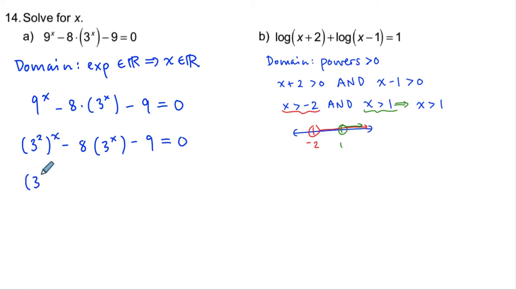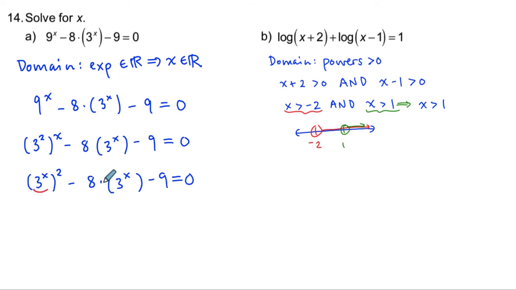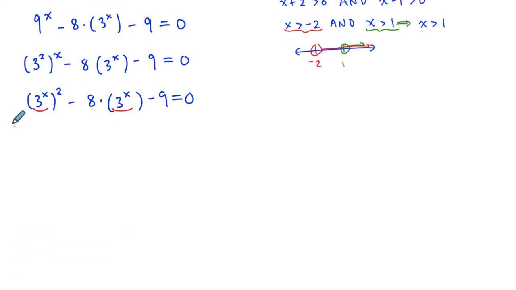So we can write this as (3 to the x) all squared minus 8 times 3 to the x minus 9 equal to 0. And from here we have a repeated expression. We get the repeated expression of 3 to the x in the equation that we could let equal to a, or some other intermediate variable. When we do that, we end up getting a quadratic equation in a: a squared minus 8a minus 9 equal to